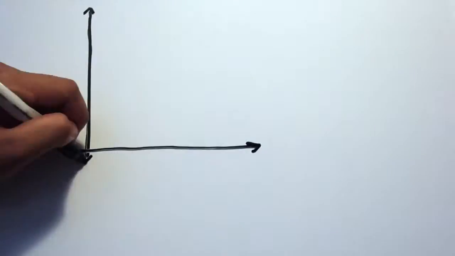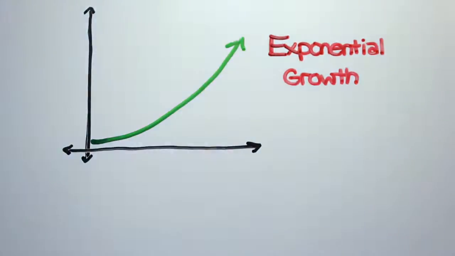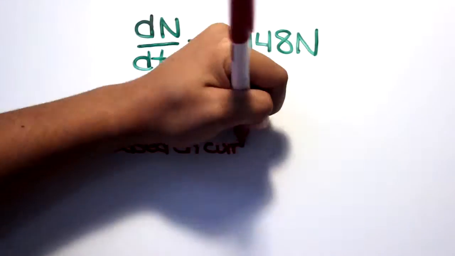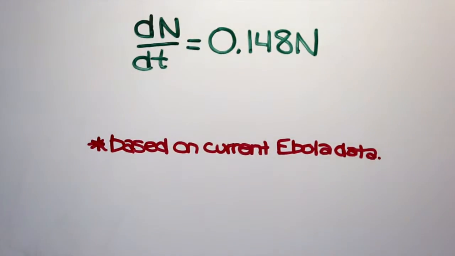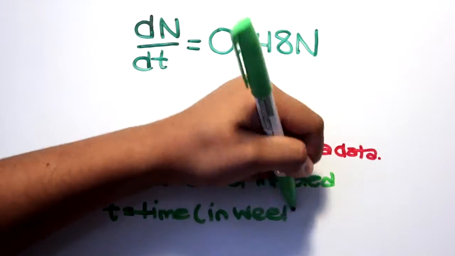Suppose the Ebola epidemic is modeled by exponential growth. The rate at which the number of cases changes with time is proportional to the number of individuals already infected. For the infected individuals, dn/dt equals 0.148n, where n is the number of infected individuals and t is measured in weeks. On March 25, 2014, the World Health Organization discovered an initial 86 cases of the disease